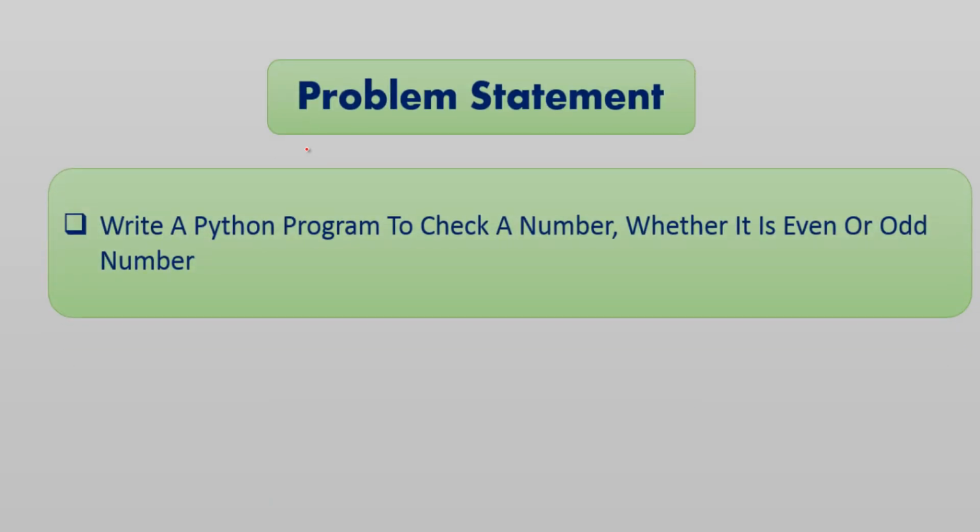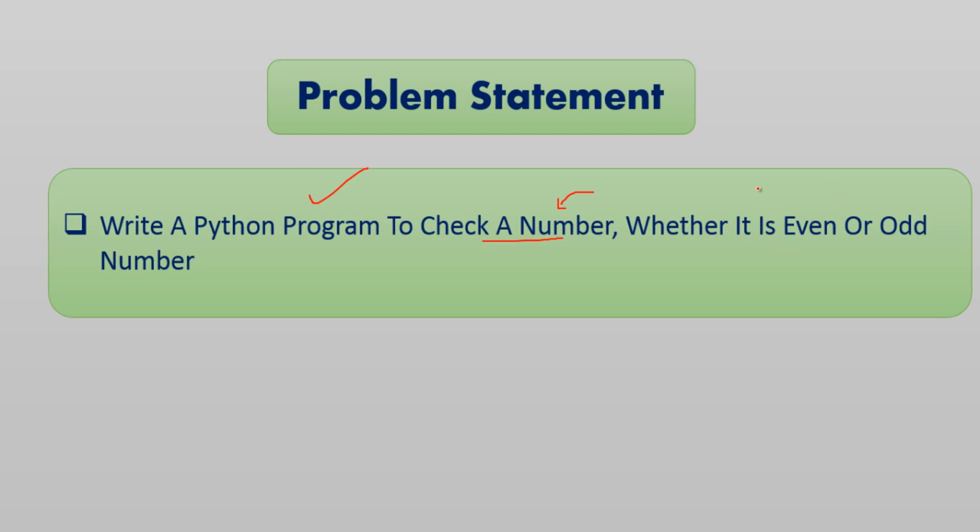Hi guys, in this class we will discuss problem number 26. What is the problem statement? The problem statement is that you have to write a Python program to check a number. First of all, you have to get a number using the input function from the user, whether it is even or